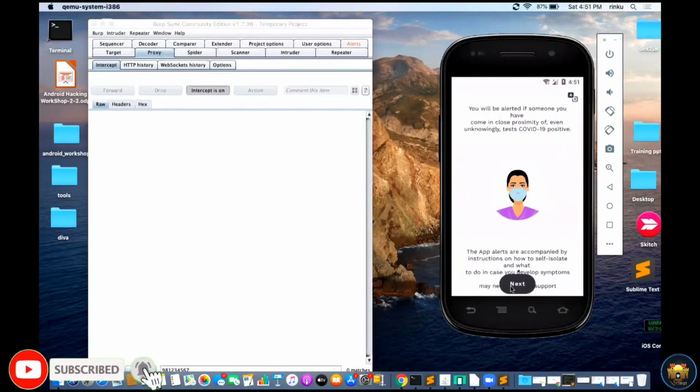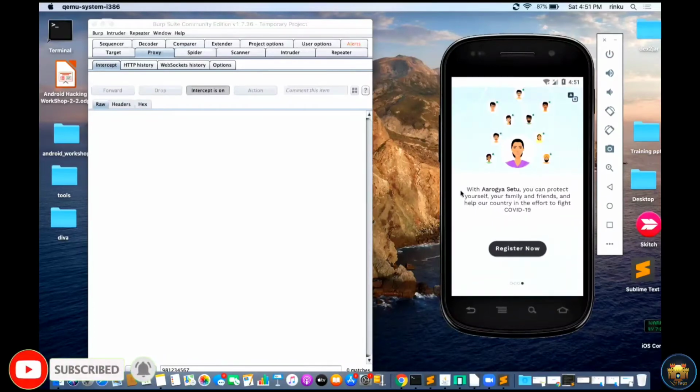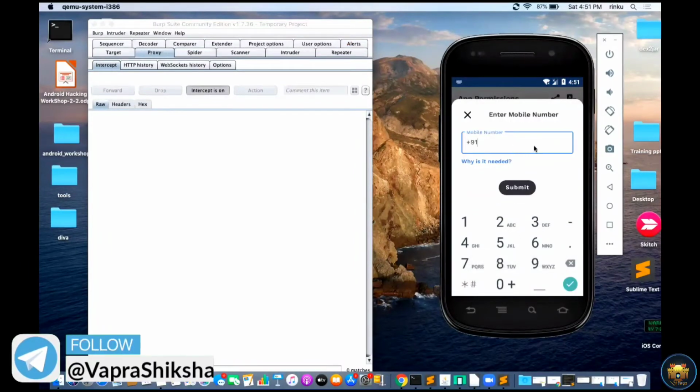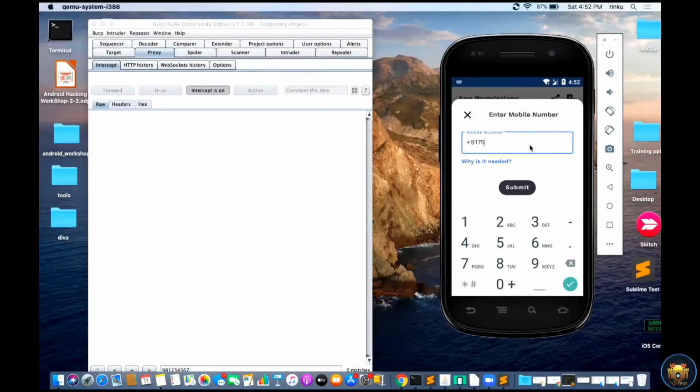Next. This is client-based code, so it's not intercepting. Register now. Then click I agree. This functionality won't work because the emulator doesn't have any Bluetooth device, so I cannot register. Try with the registration.